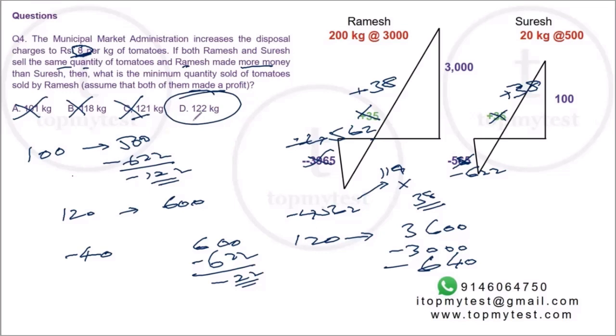Now, if you want to verify, we can stop it here. But if you want to verify, you can try that. From minus 40, he is going to add 38 rupees for the 121st kilo and another 38 rupees for the 122nd kilo. So 76 extra, 76 minus 40, his profit will be 36 rupees. You can calculate using this as well, but option D will be your correct choice.